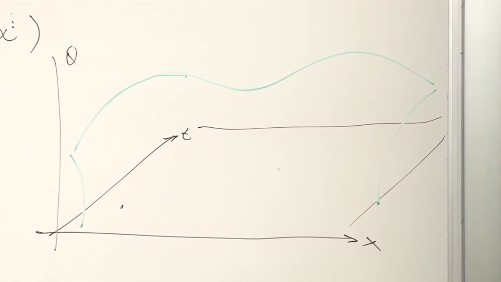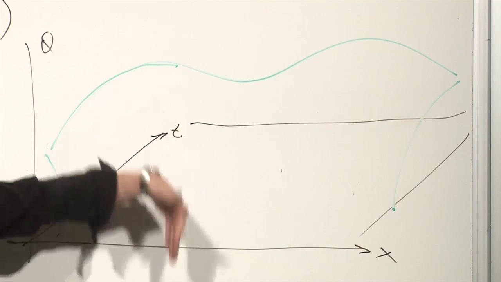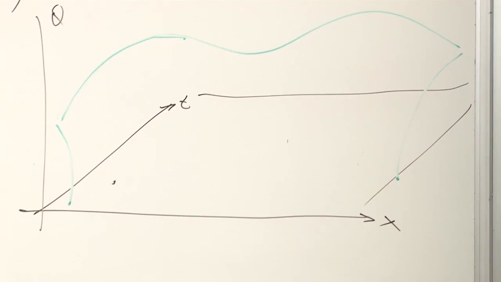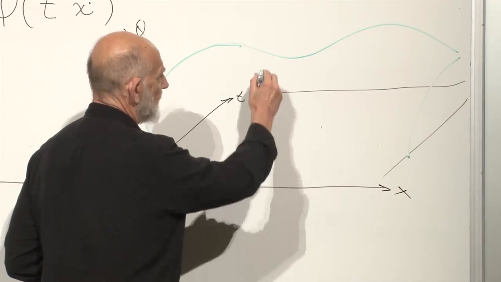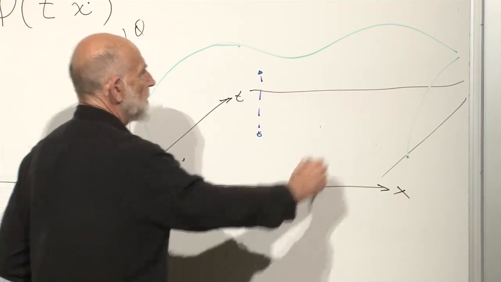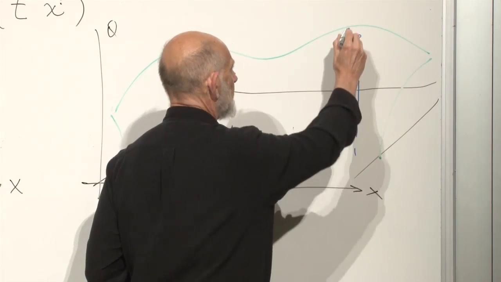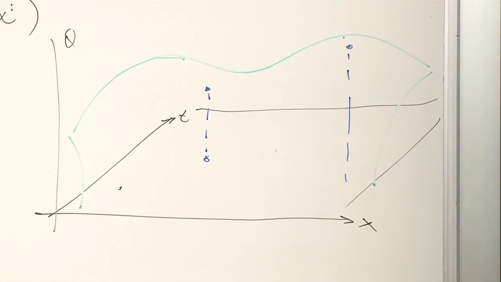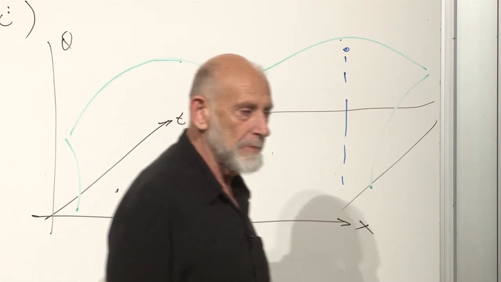So that above, and of course when I say above, it could also be below. The field can get negative, no reason why it can't be negative. But above every point, there would be a value of the field. At this point, phi is here. At this point, phi is over here. Move back a little bit, and phi is up here. And that would describe a two-dimensional world. This would be a world with one space and one time.